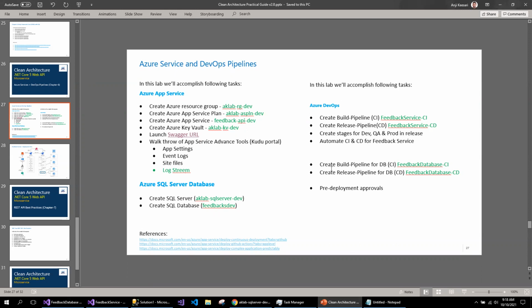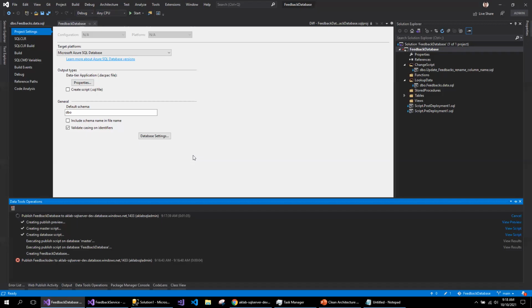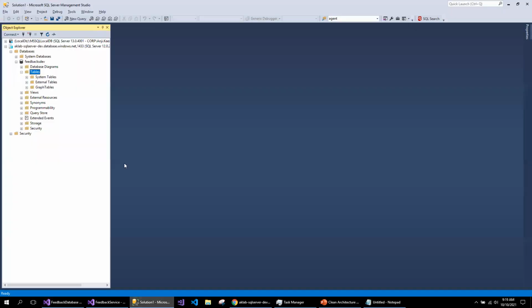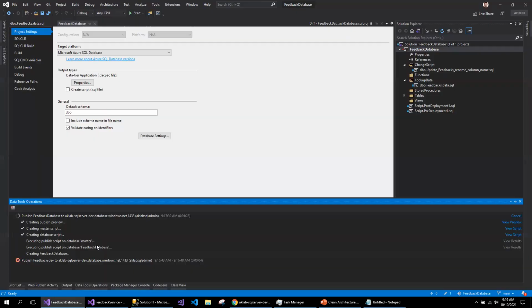I think the DevOps pipeline for the Azure API is also pending. So I'll be covering all that together, deploying the service and deploying the SQL database using Azure DevOps CI/CD and automating. This is almost done. Once this is done, I'm going to validate to make sure that the database got deployed to the server.